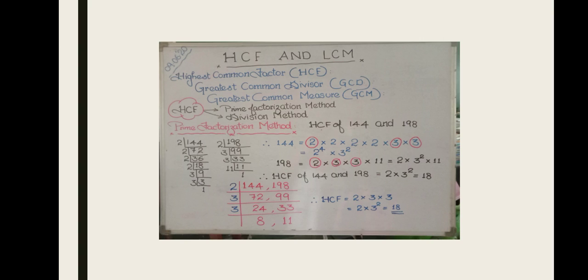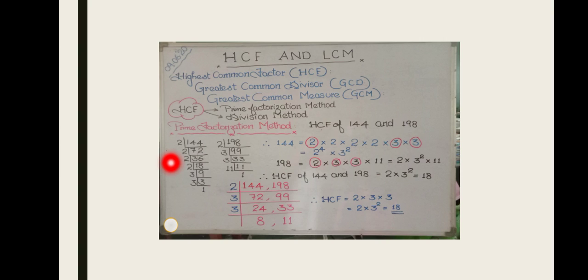First, 144. The least prime number is 2, and we divide 144 by 2. 7 2s are 14 and 2 2s are 4, so we get 72. 72 is again divisible by 2, and then we get 36. 3 2s are 6, 1 remaining, 12, then 6 2s are 12. 36 is still divisible by 2, then we get 18. 18 again by 2, then we get 9. 9 is not divisible by 2, so we take the next prime number, that is 3. 3 3s are 9, then we get 3, then 1 3s are 3.